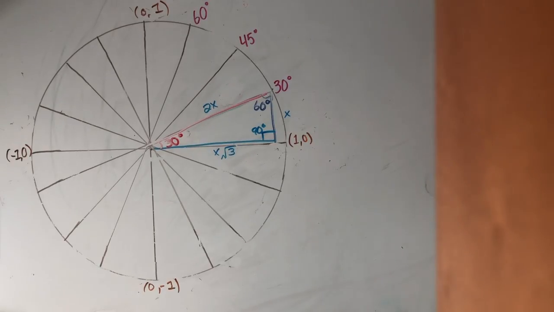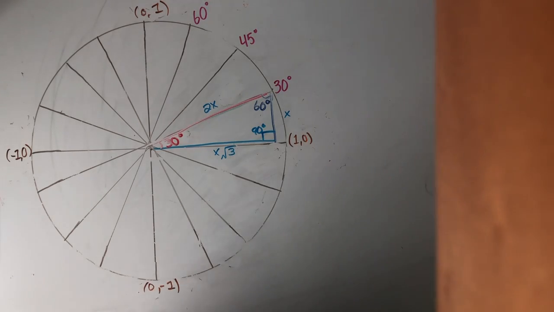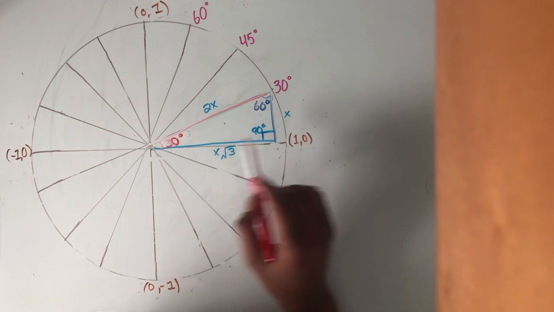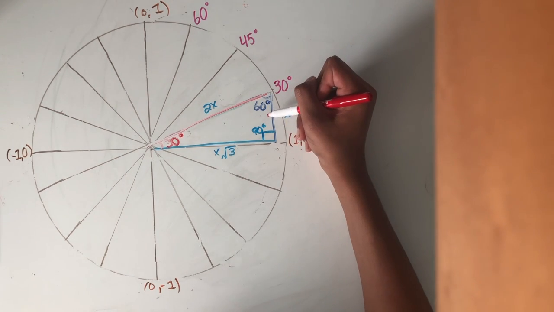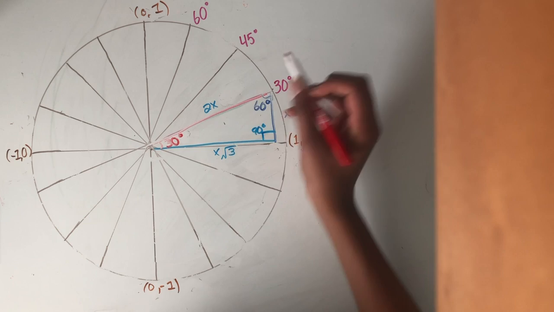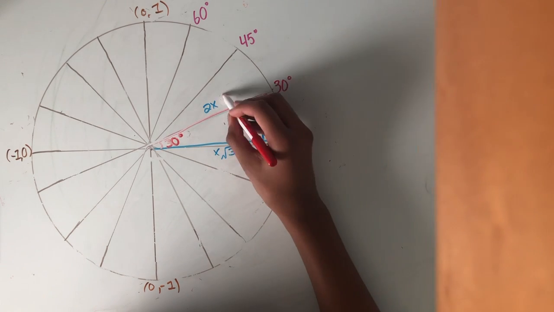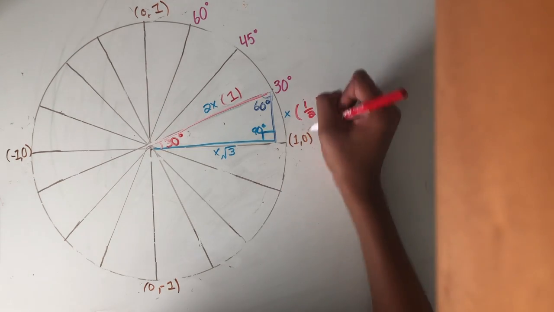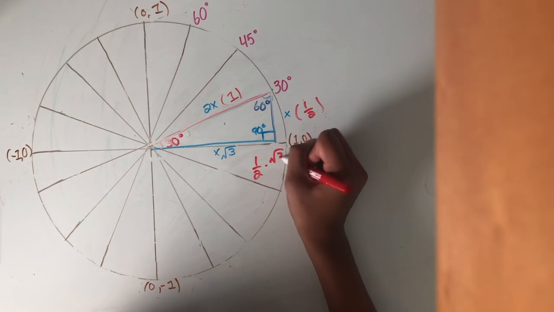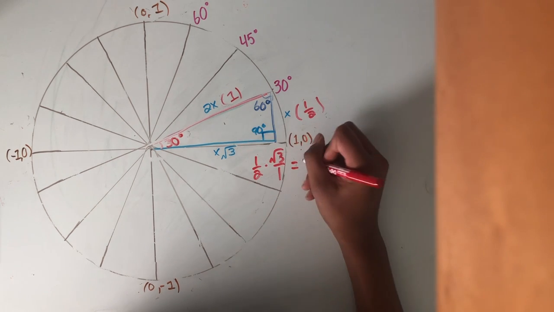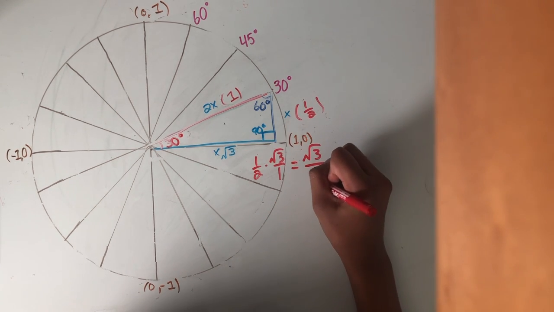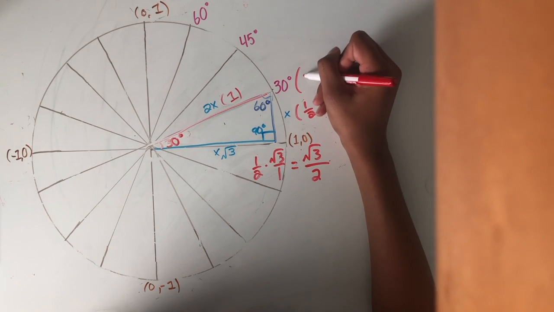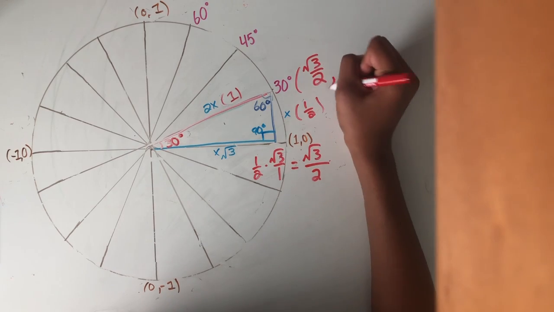Other coordinate points we get by using special right triangles. So I just drew a special right triangle right here, and this is a 30-degree angle, this is a 90-degree angle, and this has to be 60 degrees in order to equal 180 degrees. So we know that this is the radius, and it's 1. So that means this has to be half, because this is 2x and this is x. And now I can plug in half for x and see what we get. So this side is square root of 3 over 2. So now we know for the x value, it's going to be square root of 3 over 2 and comma